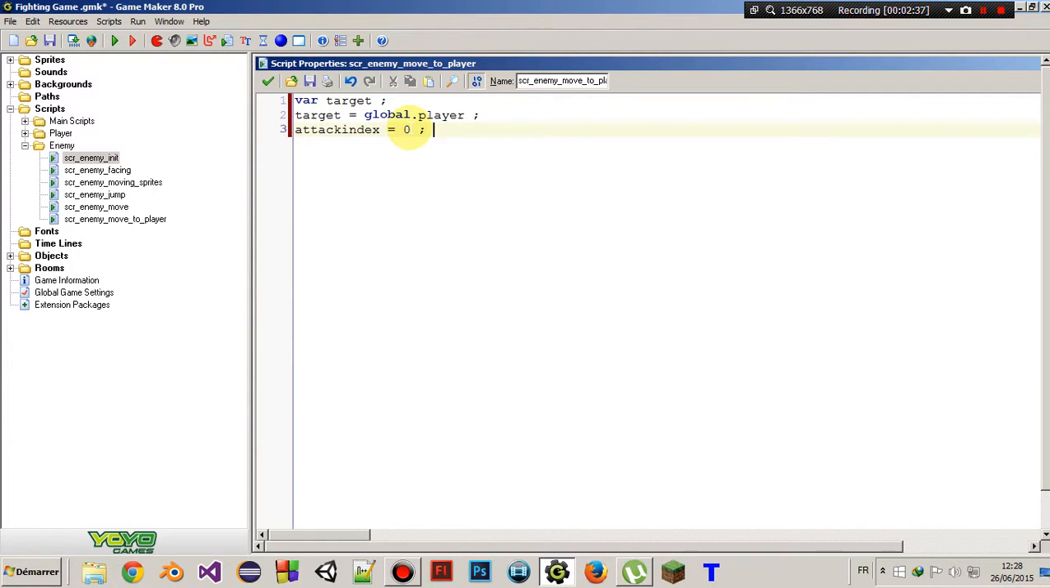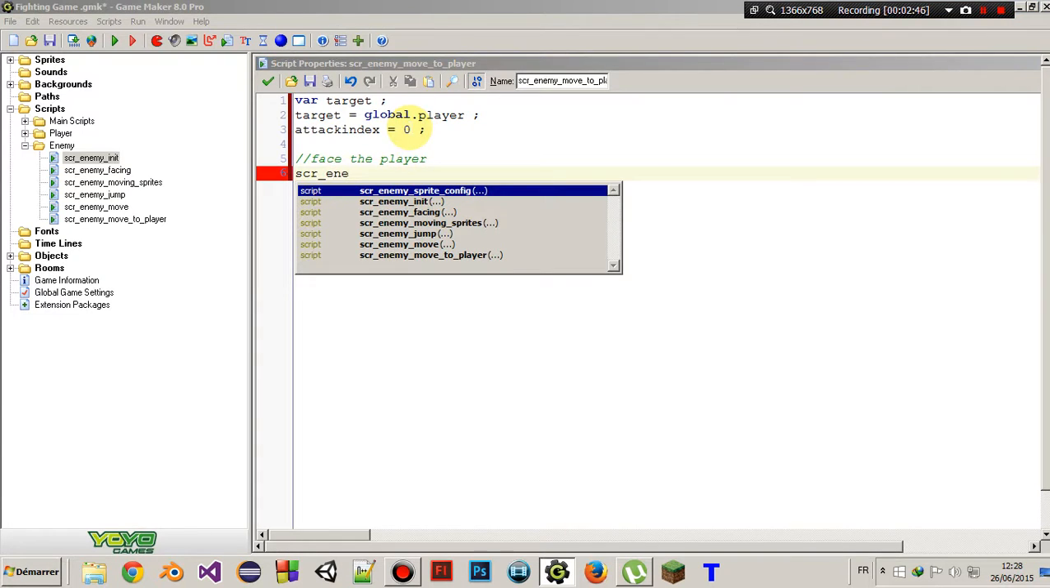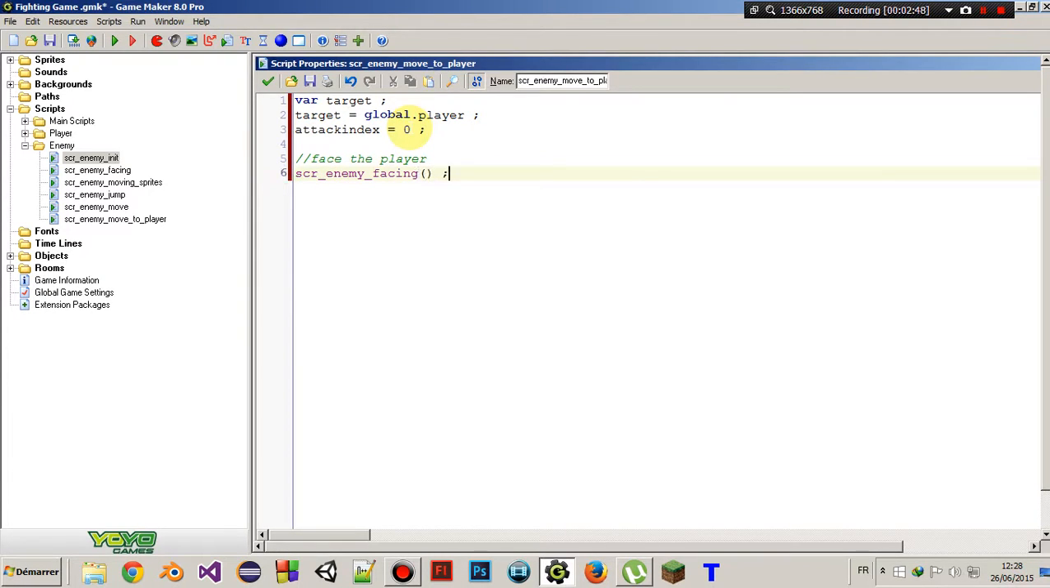Okay, and then let's face the player. So this is very simple. scr enemy facing. Okay, then let's start moving. So first of all, we need to check if there is a target. So if instance exists,